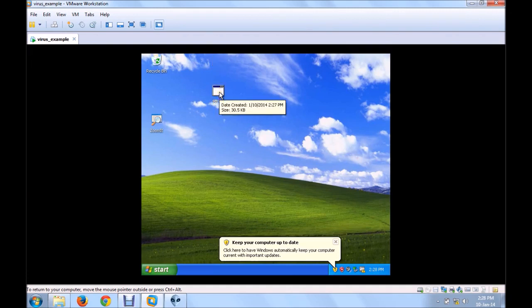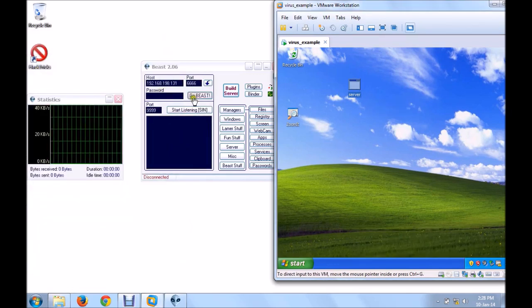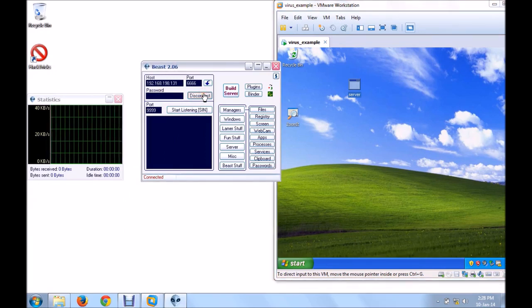When the victim double clicks on it, the Trojan horse gets activated in the background. Now what you have to do is simple, just click on Go Beast, and you'll see here the connection is made and we are connected to the client.